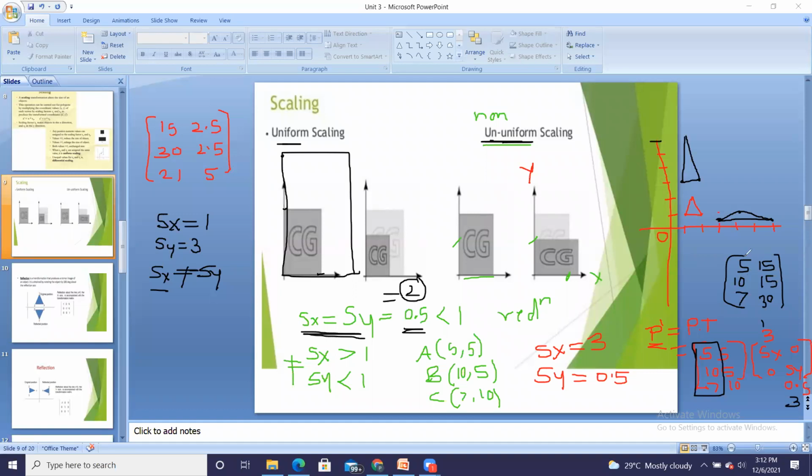Okay, so earlier whatever x coordinates were there for A, B, C, all the 3 points, जे इनपुट मध्ये दिलेले होते तेच राहिलेत ना तुमचे. x चेंज नाही झालेलं. After performing this multiplication, x is as it is. Why? Because we have taken Sx is equal to 1. Because we don't want to change the width of triangle, but the height should be changed, and Sy is equal to 3, and that's why only y factor is changing. 5, 5, 10 is converting into 15, 15, 30 3 times, and I will get this triangle as a resultant.